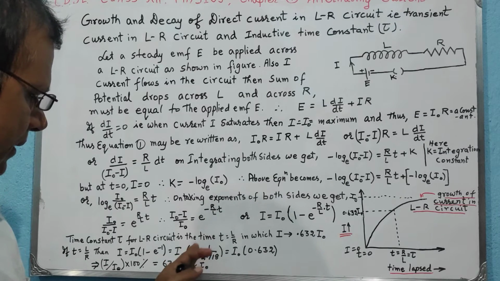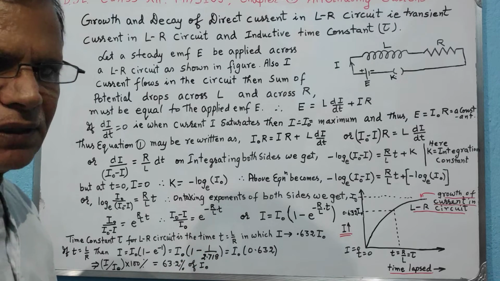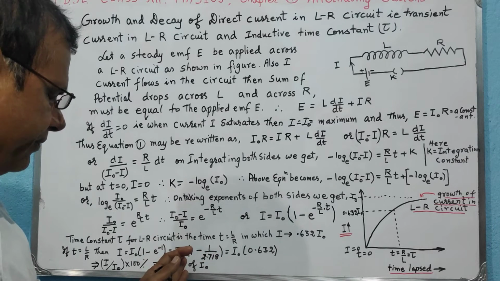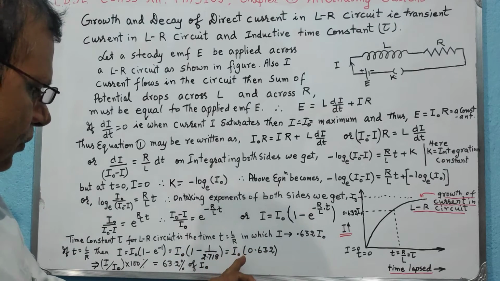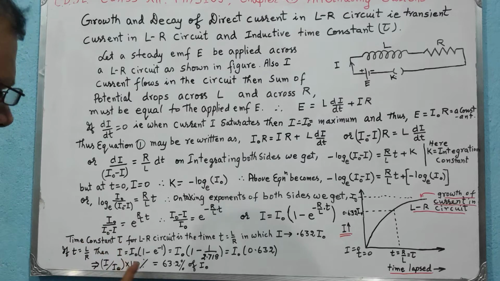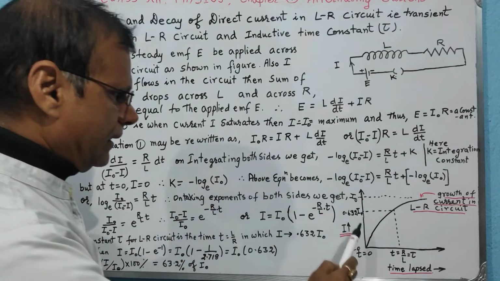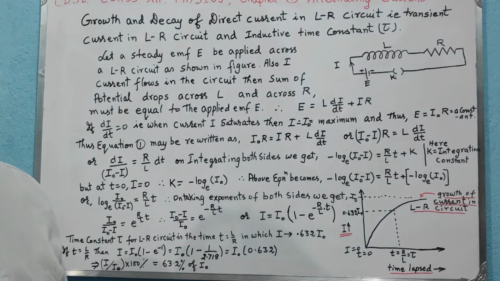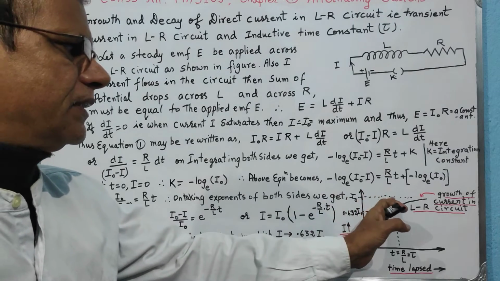When you solve this relation, taking the reciprocal of 2.718 and subtracting it from 1, you get 0.632. So the time constant is that time in which the instantaneous current in the circuit becomes 63.2% of its saturation current,